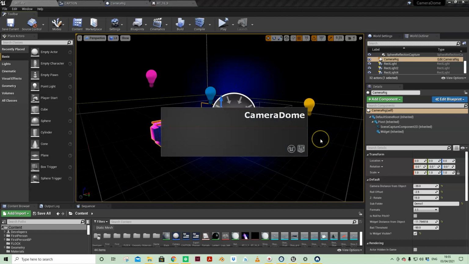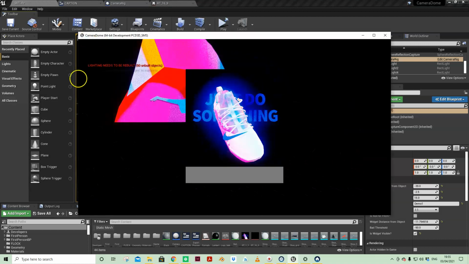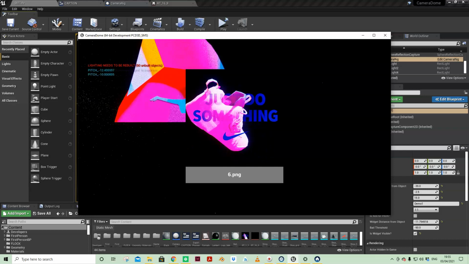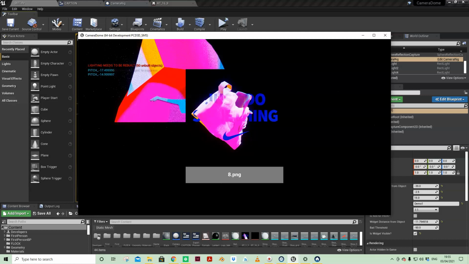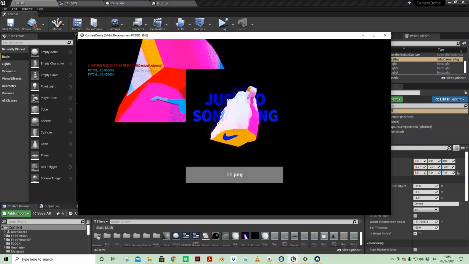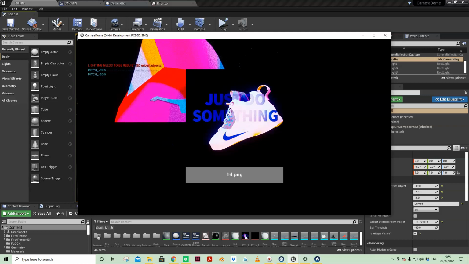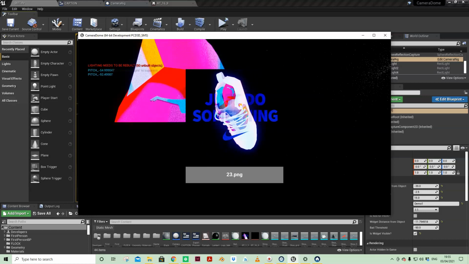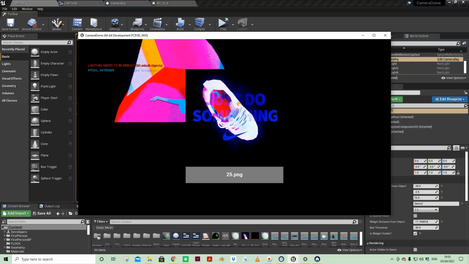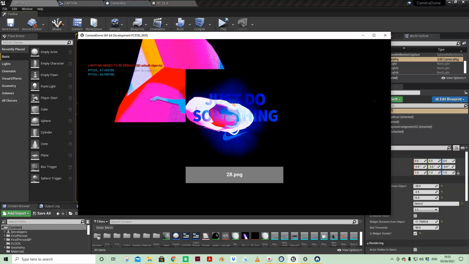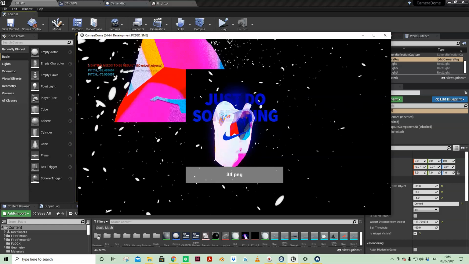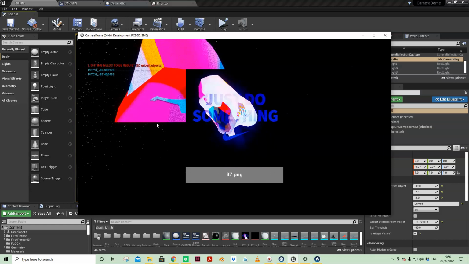So I've created a HUD that gives me a little preview so I can see what's going on and get a sort of progress. It tells me what the file name is underneath. So we'll just let that run. So this is just a sort of crude demonstration, but this might be a combination of three-dimensional objects that are creating a nice composition. In front of the camera is a 3D widget which has the 'just do something' type as a transparent widget. So that's actually moving around with the camera,